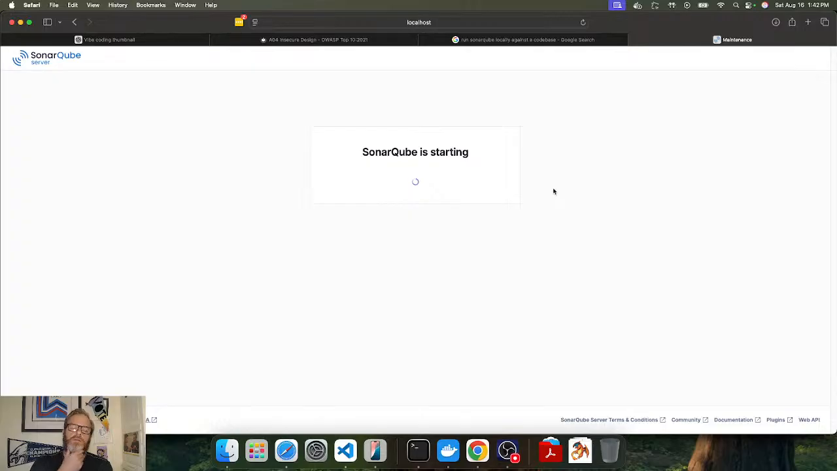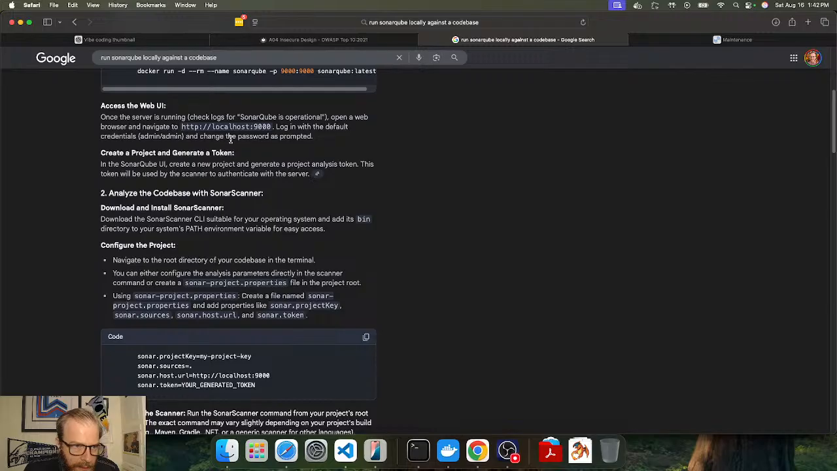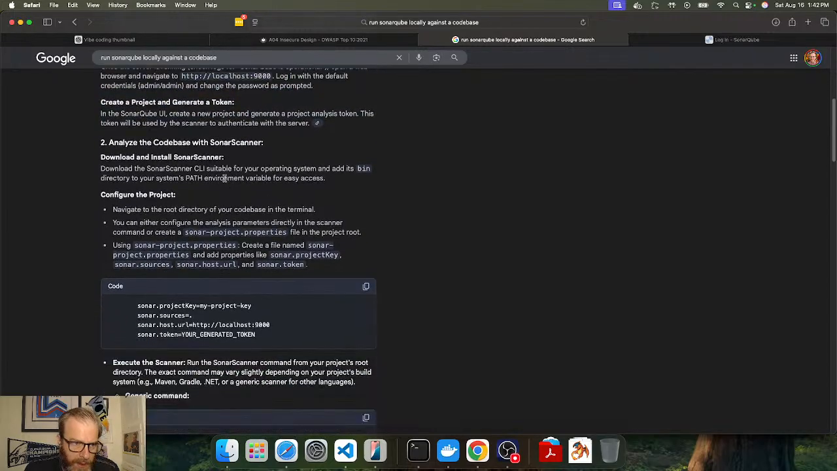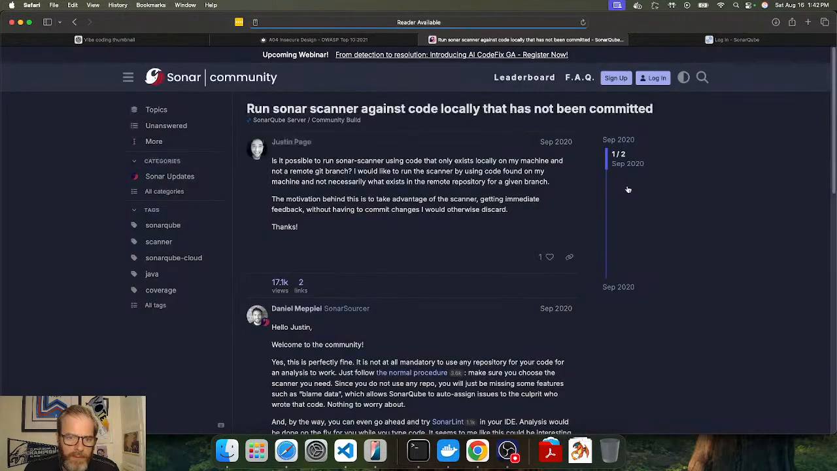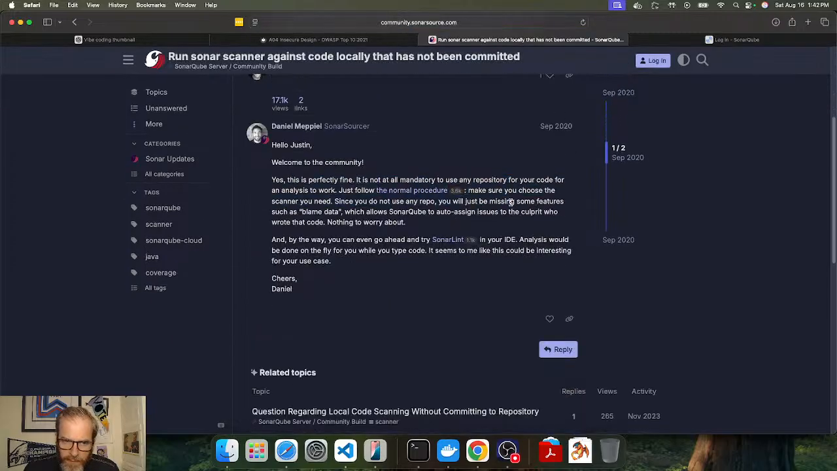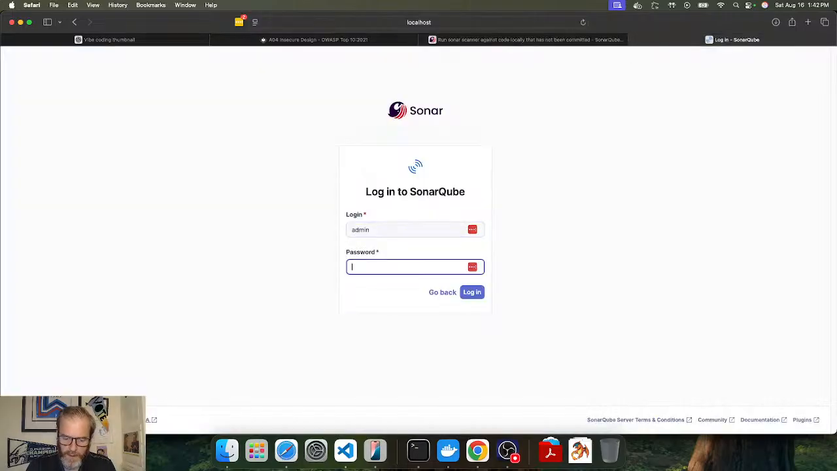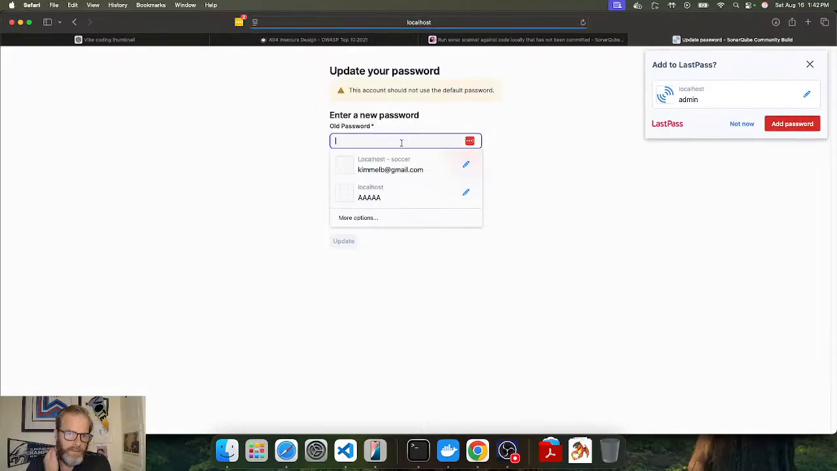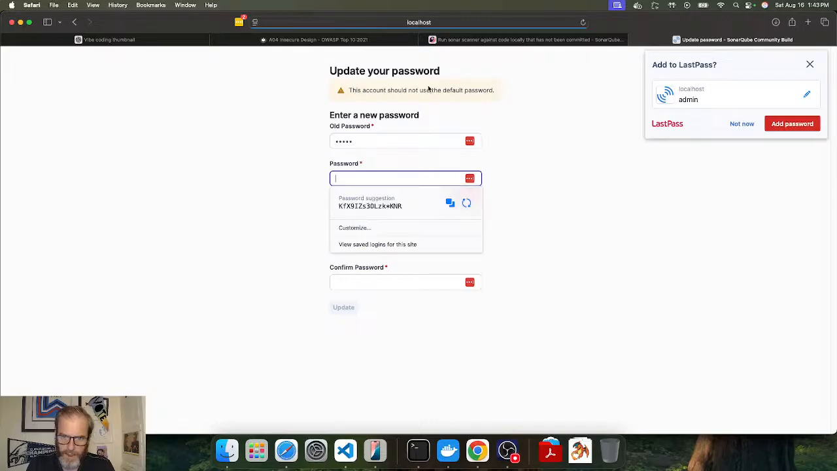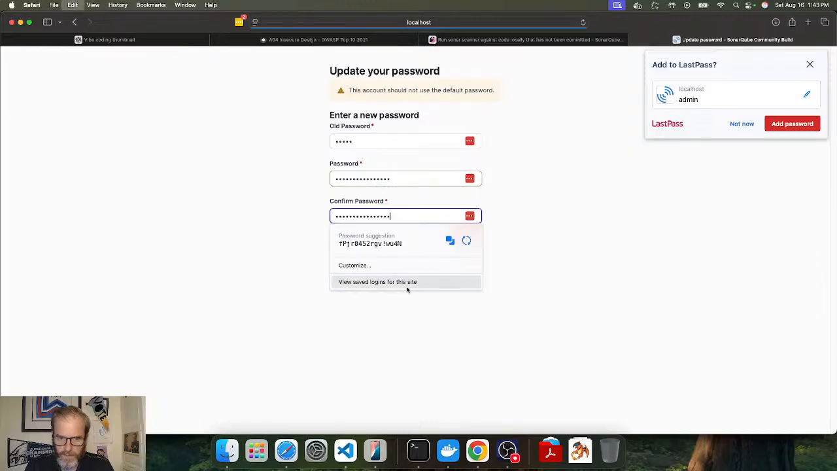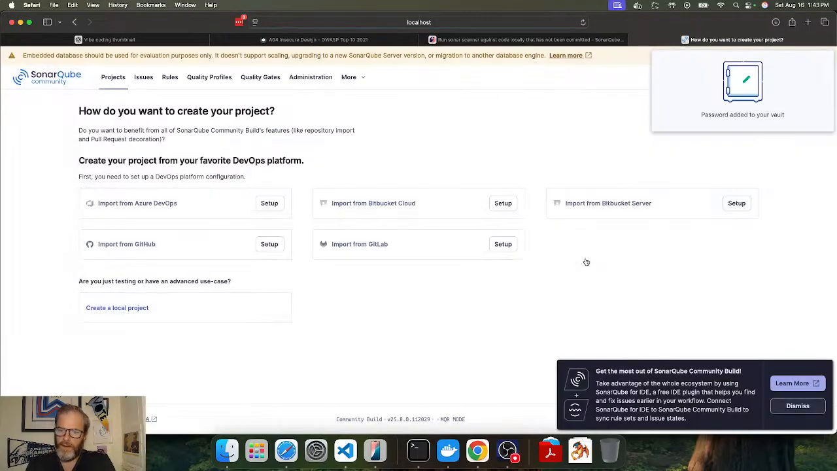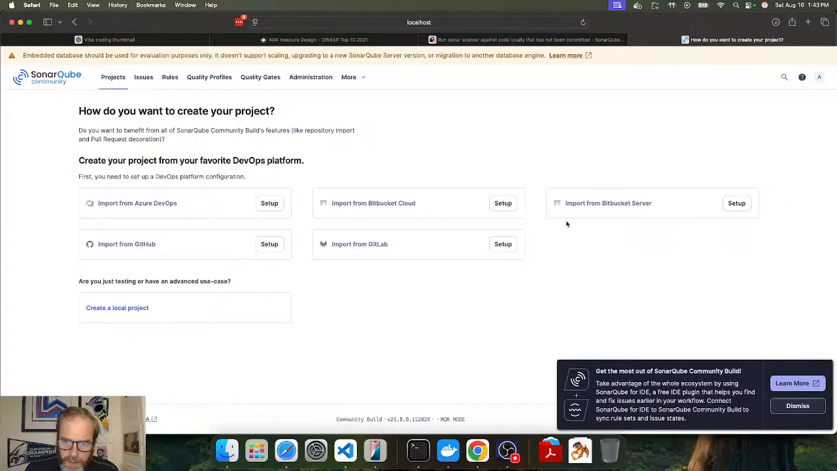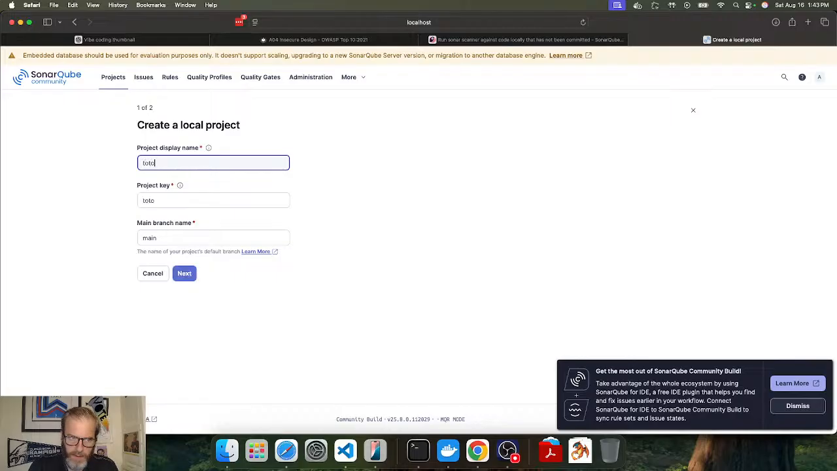Let's log in and see what to do next. Looks like it's still starting. Access the web UI, create a project and generate a token. Download Sonar Scanner. Okay. Know the super secure password here. Yeah, let's use this. All right, skip it. Great project. Import from local project, which do. And yep,